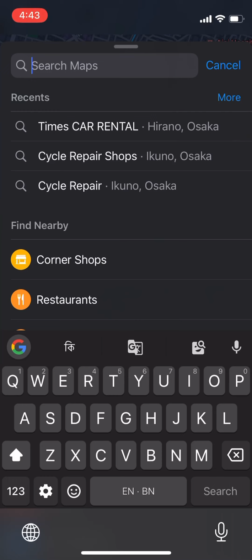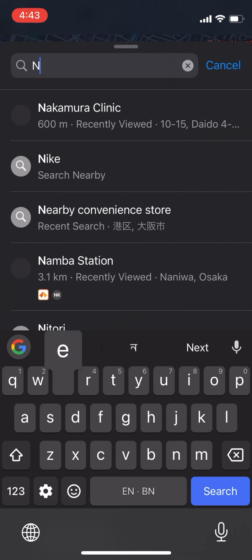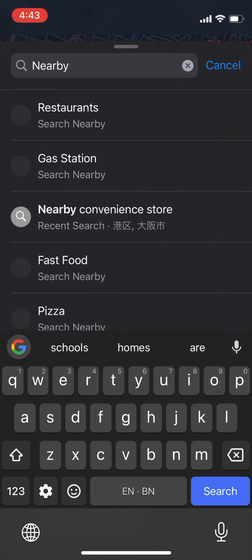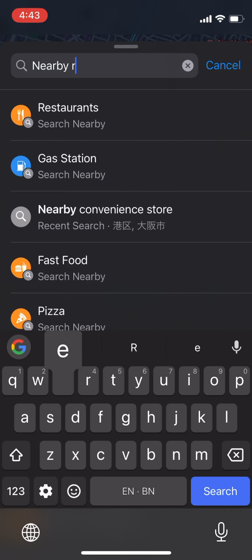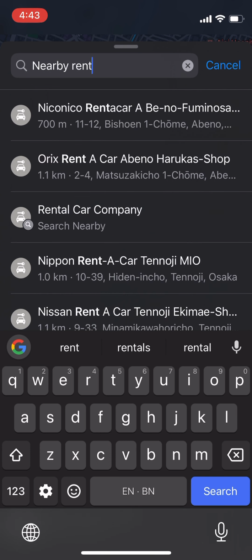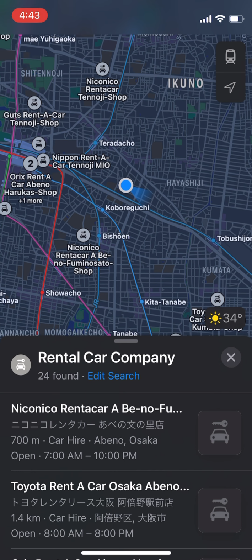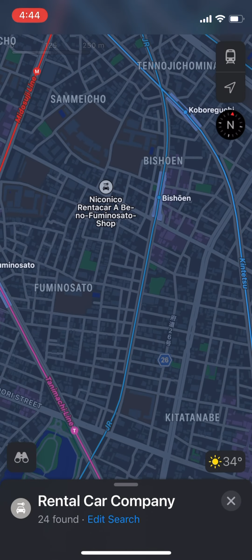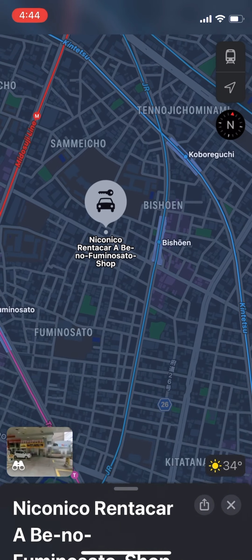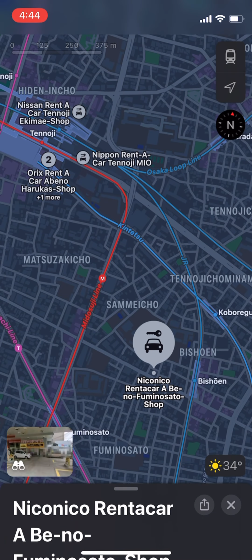Hello viewers, today I will show you how to rent a car in Japan. There are a lot of options for renting a car in Japan. So at first, you go to your Google application and search for a nearby rental car company. When you search, you find a lot of companies for renting a car